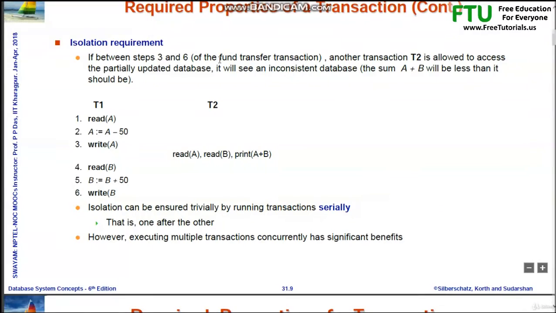So I think you understand the full concept now. We are not yet covering the full concept of transactions. In another tutorial we will learn about ACID properties. Okay, so at that time we will complete our